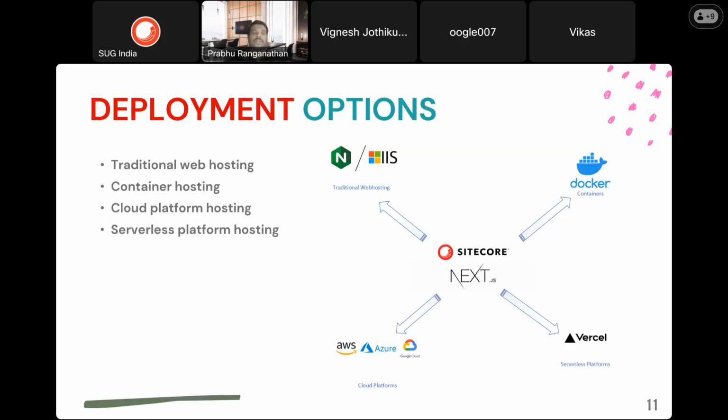One is traditional web hosting. You can go with IIS or Nginx. IIS is a traditional way of deploying the application, and the same way you can deploy the Next.js application. Container hosting is also available. When you create a Next.js application, you can host it in Docker containers and cloud platforms,